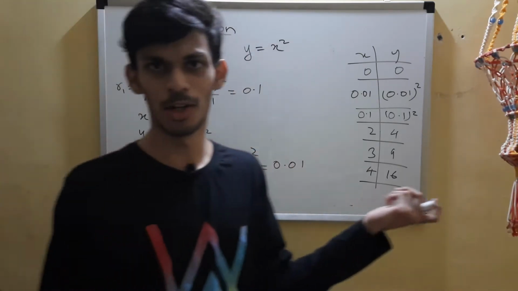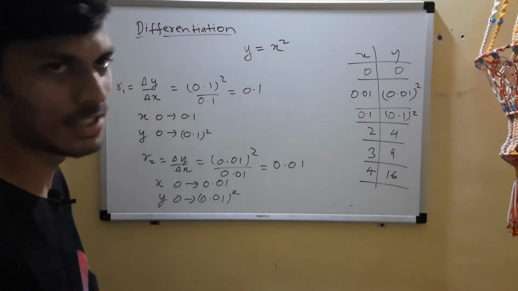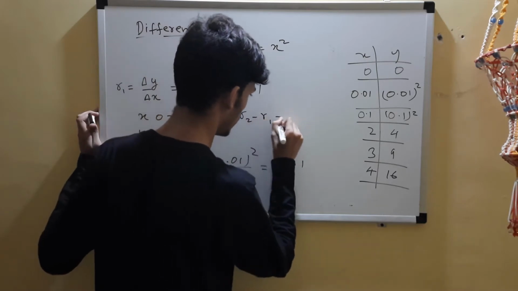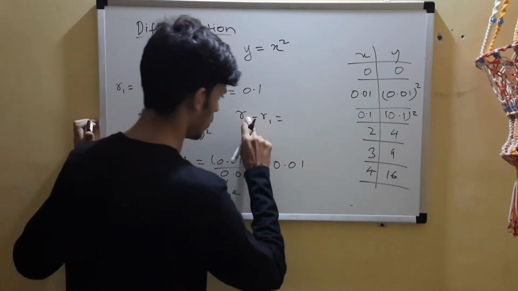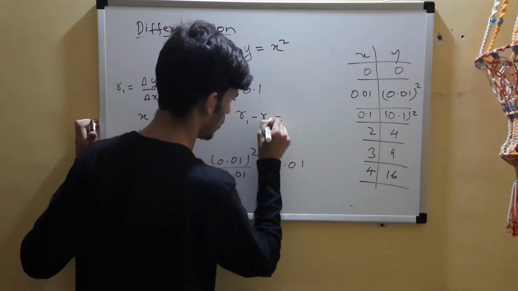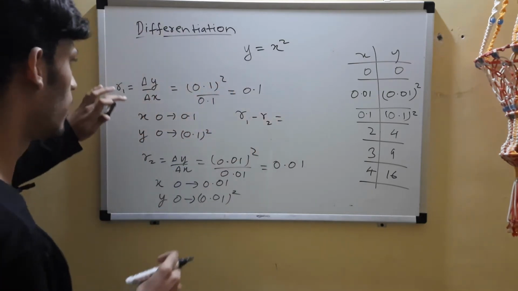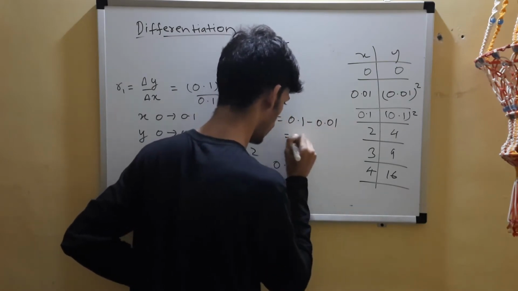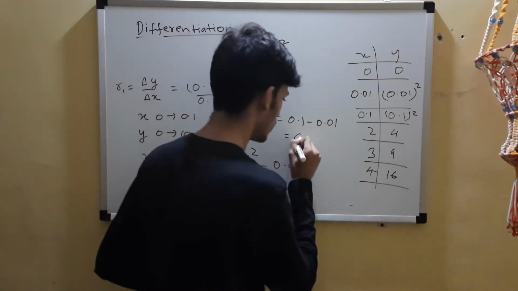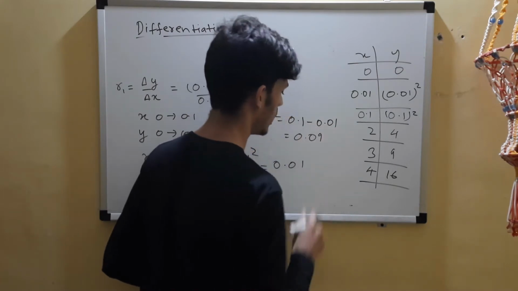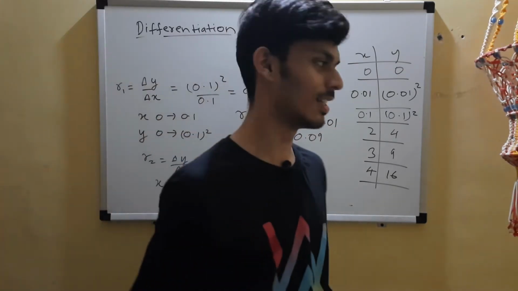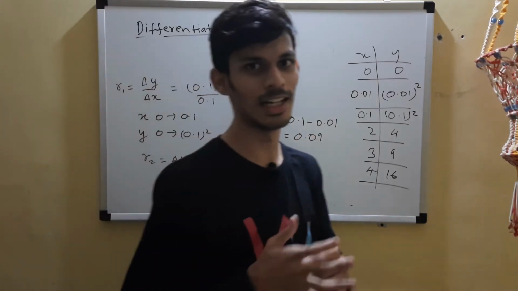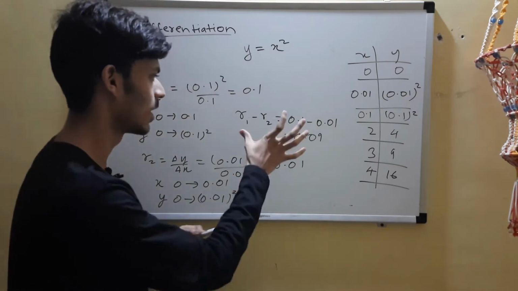Okay, what is the new thing? Same thing happened. The rate is changing here also. But note for r2 minus r1. What is that? Or r1 minus r2, I'll say, because this value is big. So r1 minus r2, so 0.1 minus 0.01. Okay, what is this? So this is 0.09. Yes. So what happened? What is the special thing? So the rate did change, but it changed very little. Okay, you can note that.